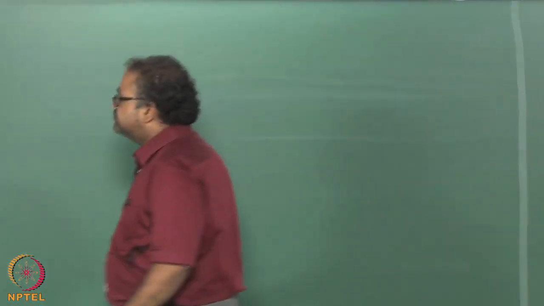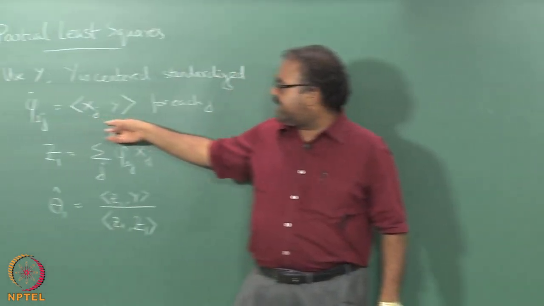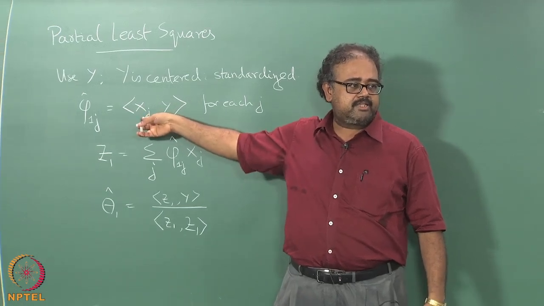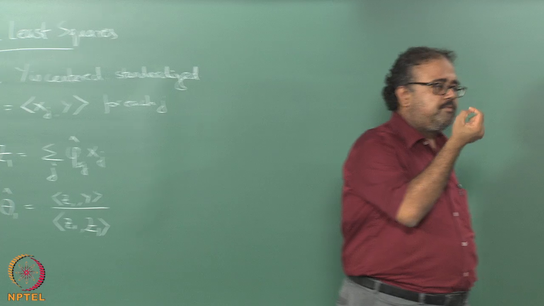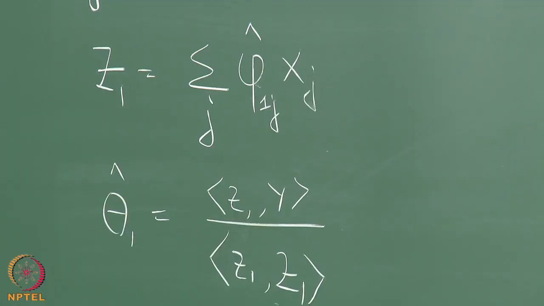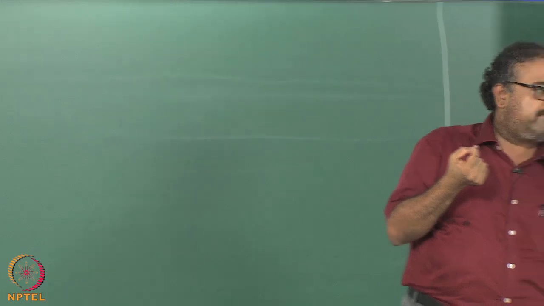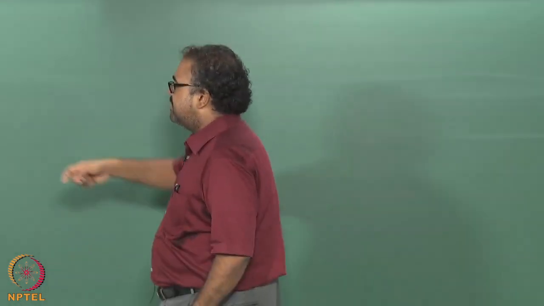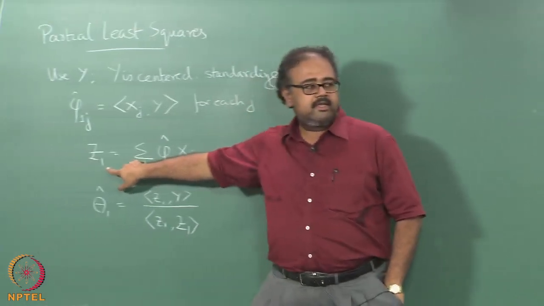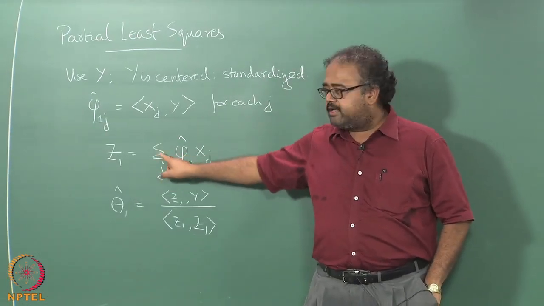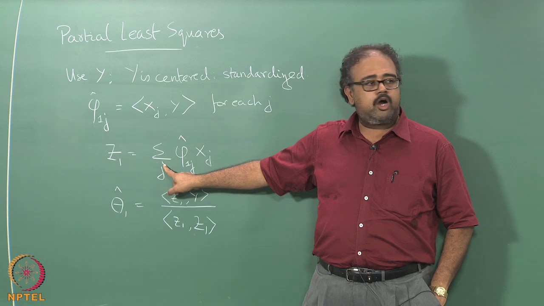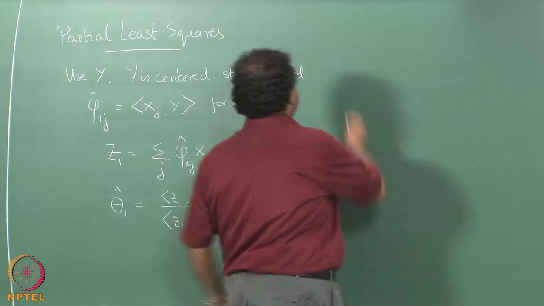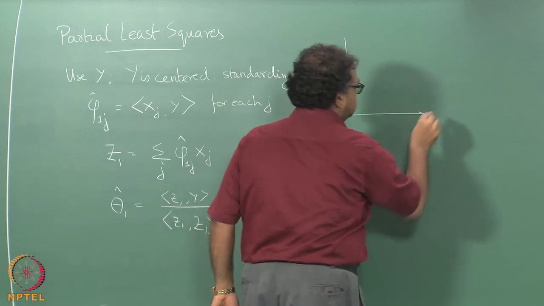okay. So I am looking at how much of y is along each direction xj, right. So in some sense you can think of it as, if I have one variable xj, how much of y can I explain with that one variable xj, okay. So I am looking at that, and then my first direction z1 is essentially summing those univariate contributions over all my input directions, right. Suppose I have 2 input directions,